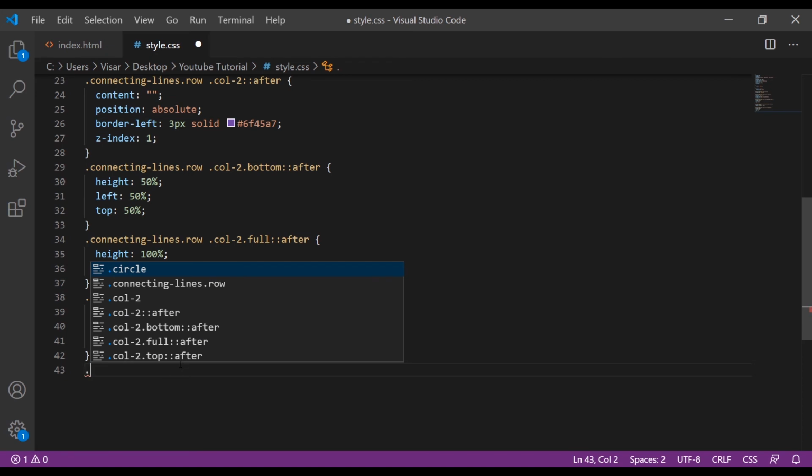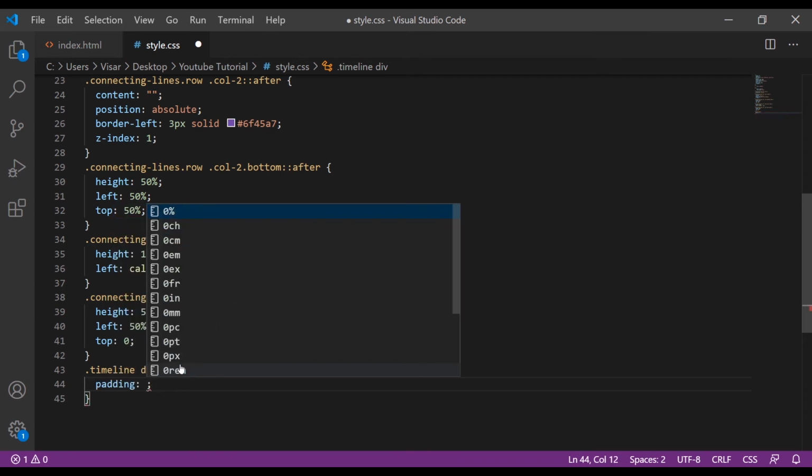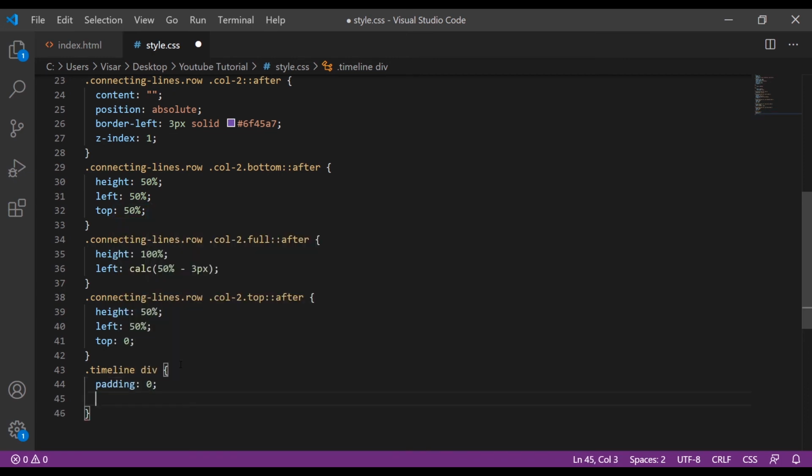Okay, next we target the timeline div. We give some padding 0 and the height will be 40 pixels.